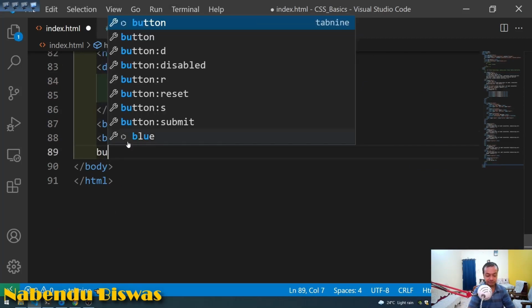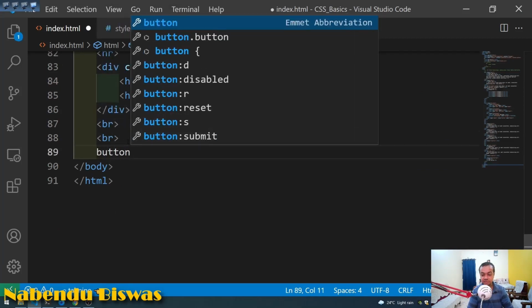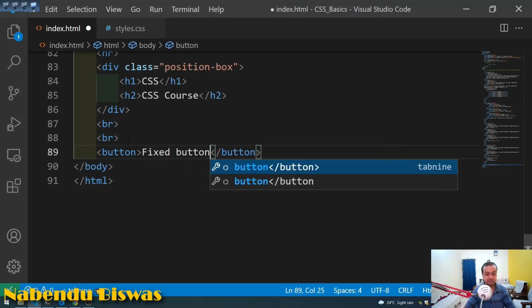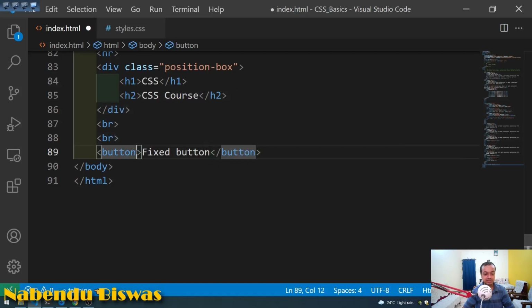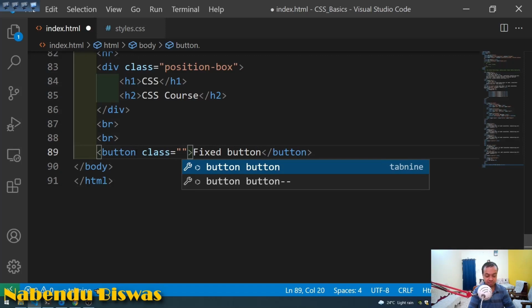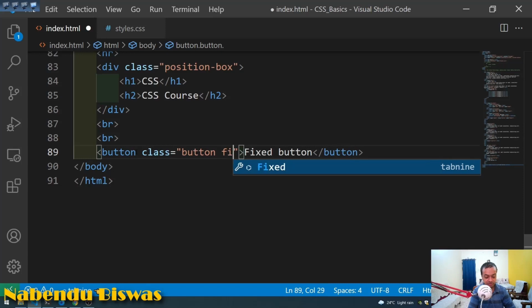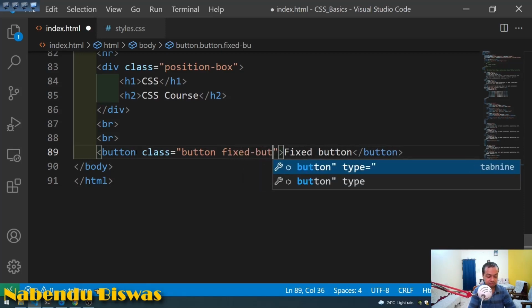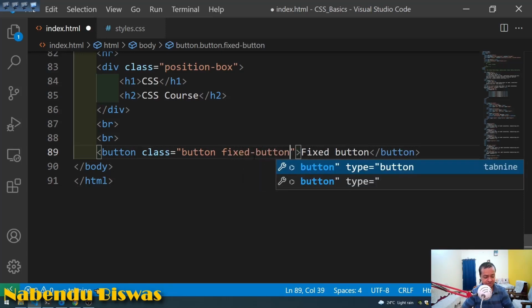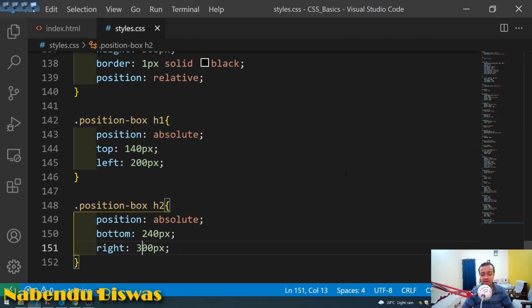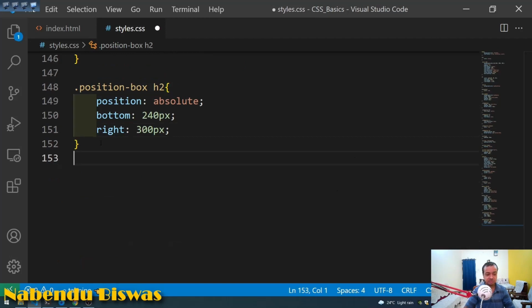After this we'll have a button, fixed button, and class will be equal to button. Actually we already have some CSS for this button, so I will use two classes for the CSS. So fixed button, I will just give this fixed button now. So I will come here and then give the fixed button class, and